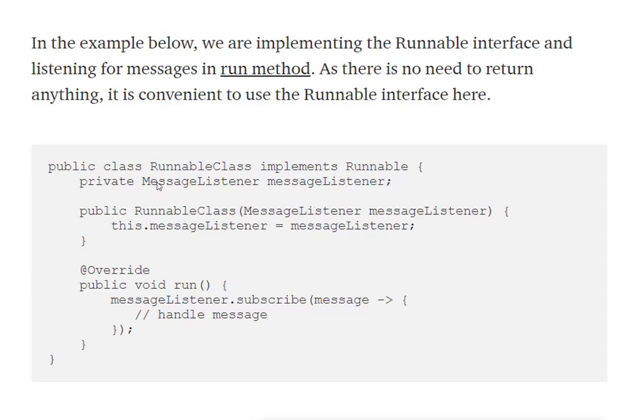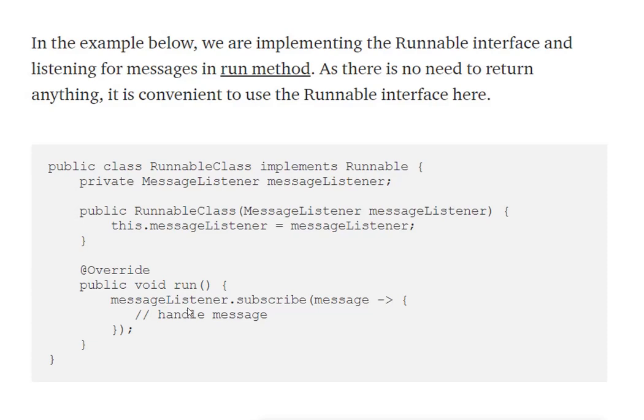So here I created the RunnableClass, which implements the Runnable interface, and I created one variable of type MessageListener, and from the constructor of the RunnableClass I initialize this variable. Now I overrode the run method from the Runnable interface, and I am writing the logic which I need to execute in the thread.